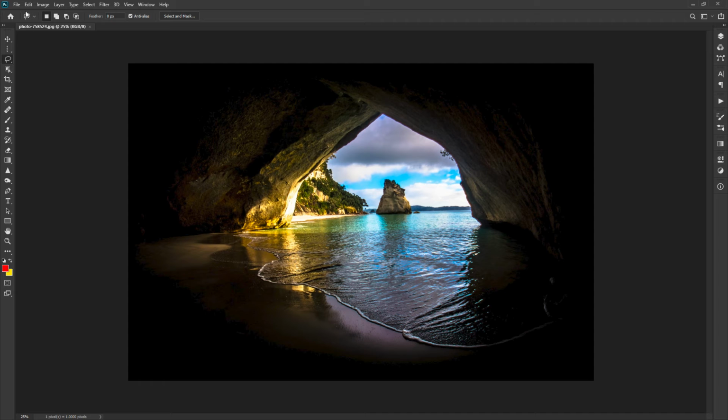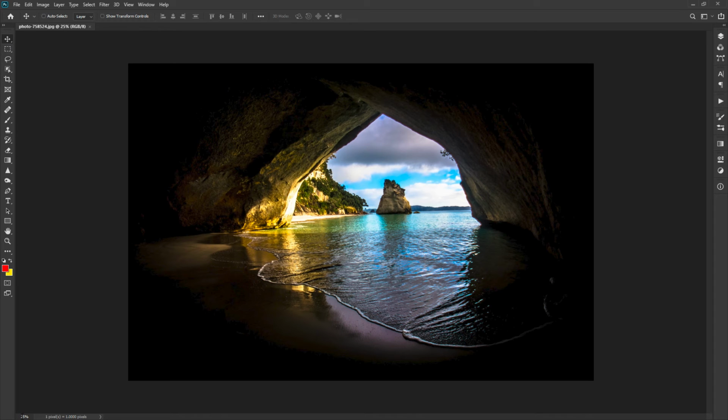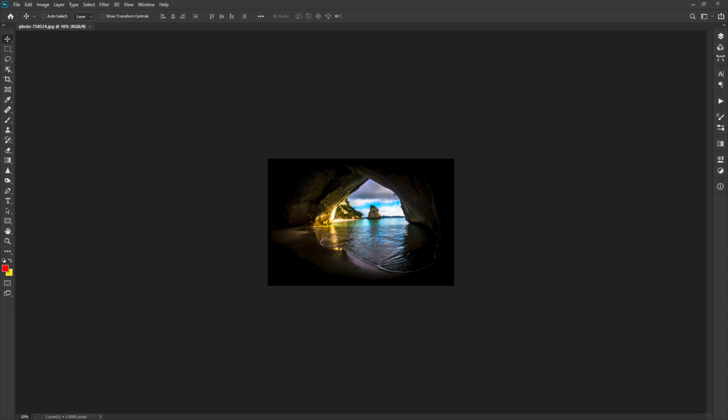At the top of the screen, below the menu, we have Options panel. Depending upon the tool you select, it shows the options available for the selected tool. You can change the parameters for optimum usage of the selected tool. At the bottom of the screen, you will see status bar. The first option is the zoom level of your opened image. You can set the zoom level according to your screen size or as per your need.